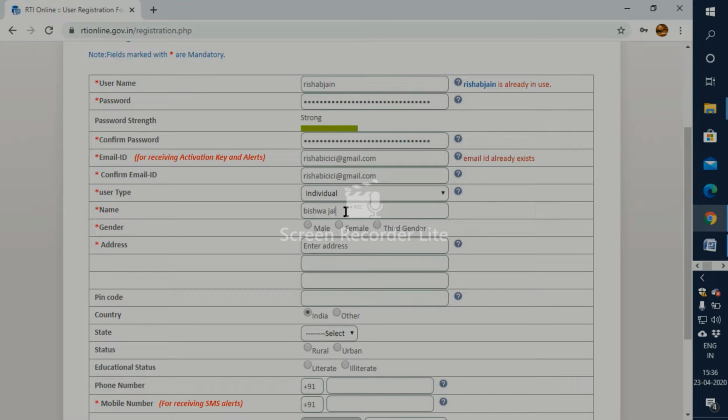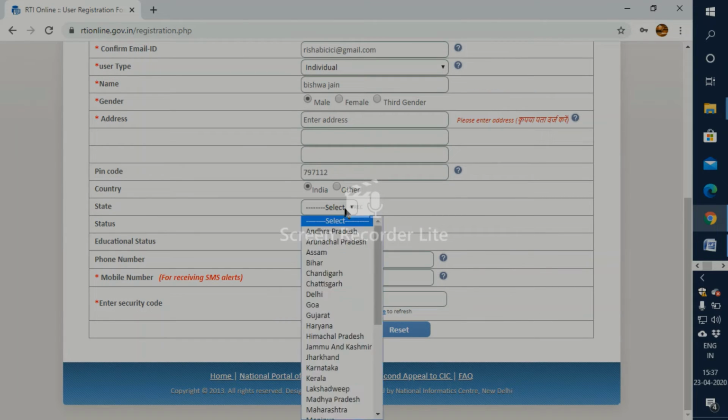Please make sure you can put your home address, your office address, and put down your address. I'm just putting it as Delhi, but you have to put your full address or your office work address. Then you need to put your pin code. Put your pin code in the column. You have to put your own pin code. Then you need to select your state.